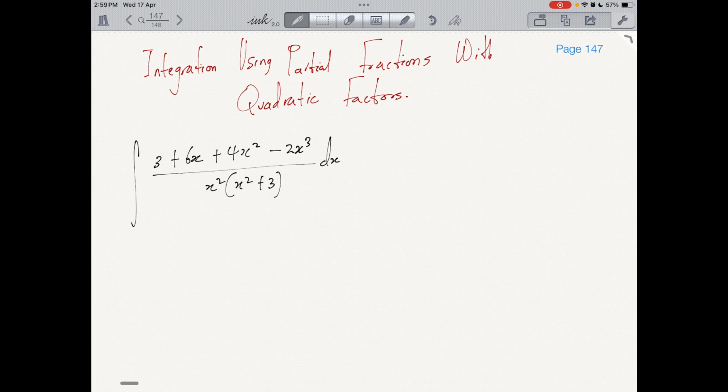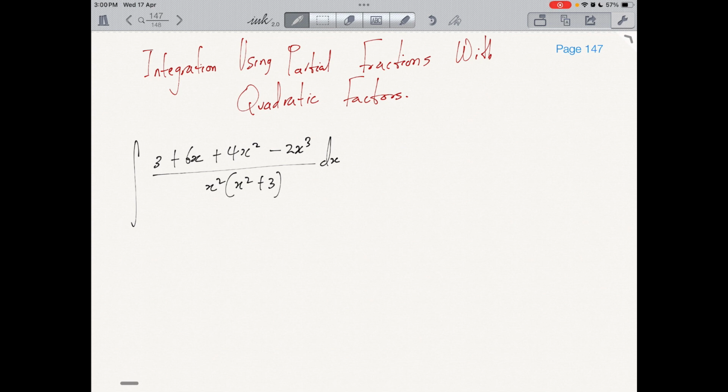Integration using partial fractions with quadratic factors. We have the question of 3 plus 6x plus 4x squared minus 2x cubed divided by x squared into x squared plus 3, integrated with respect to x. And now when this is resolved into partial fractions,